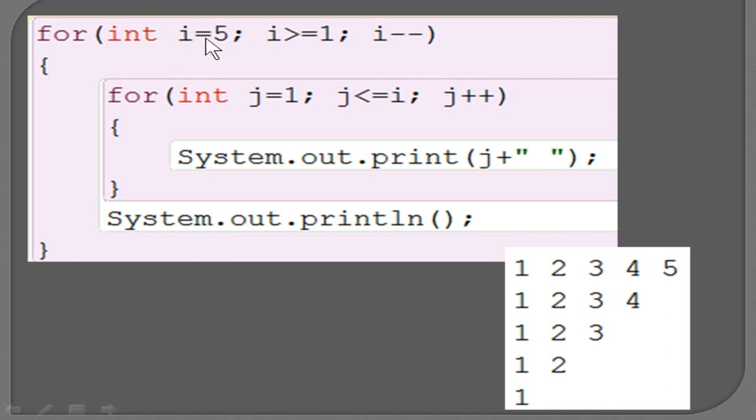So as we discussed, it starts from I equal to 5, I greater than or equal to 1, I minus minus, it is going down in decreasing order, and inner loop you can see starts with 1 and ends with 5, that is the I value. So first row you will get the full set of numbers, second row you will see that it is decreased by 1, so it becomes 4, so you will get 1 to 4. So you can see this pattern has been solved.